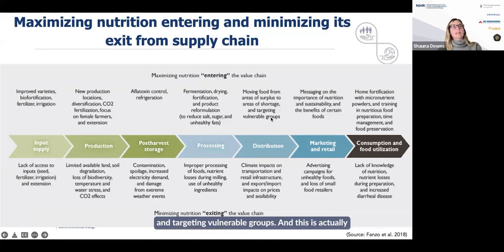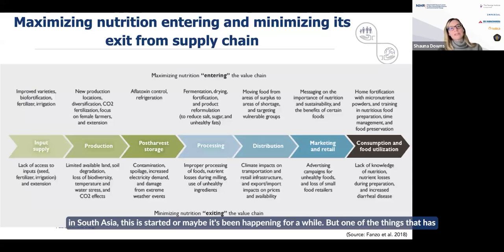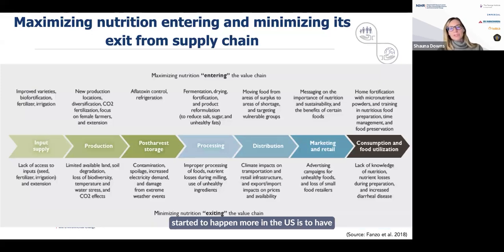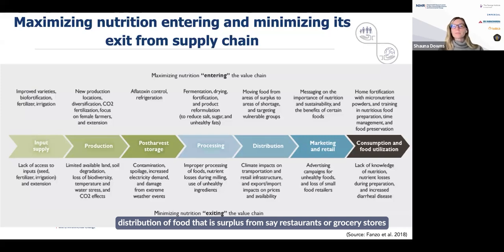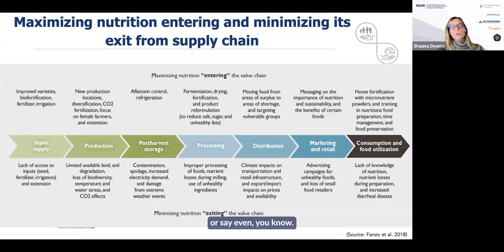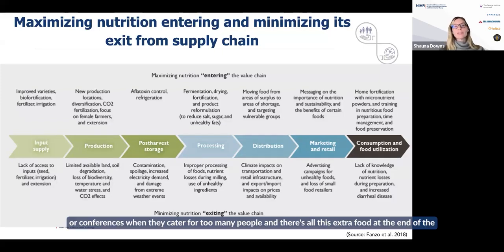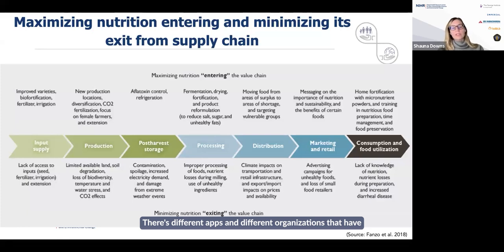And this is actually an area that is being focused on a lot in high-income countries, and maybe, I'm not sure about in South Asia if this has started, or maybe it's been happening for a while, but one of the things that has started to happen more in the US is to have distribution of food that is surplus from, say, restaurants or grocery stores, or even schools or universities or conferences, when they cater for too many people and there's all this extra food at the end of the day. There are different apps and different organizations that have